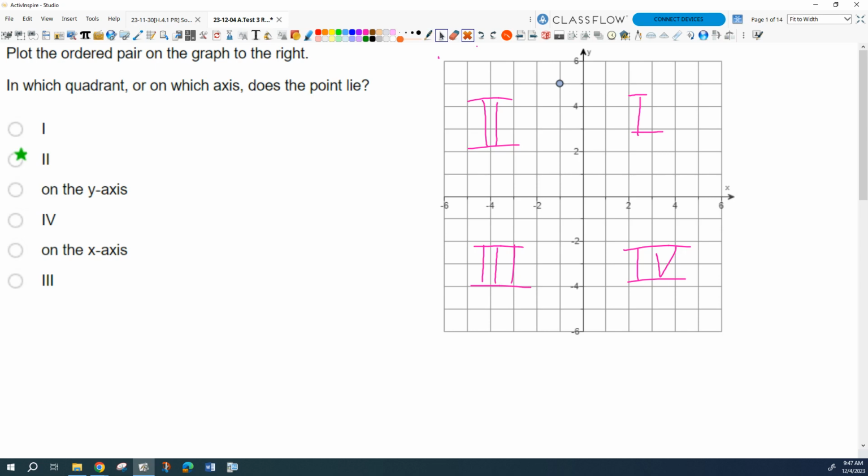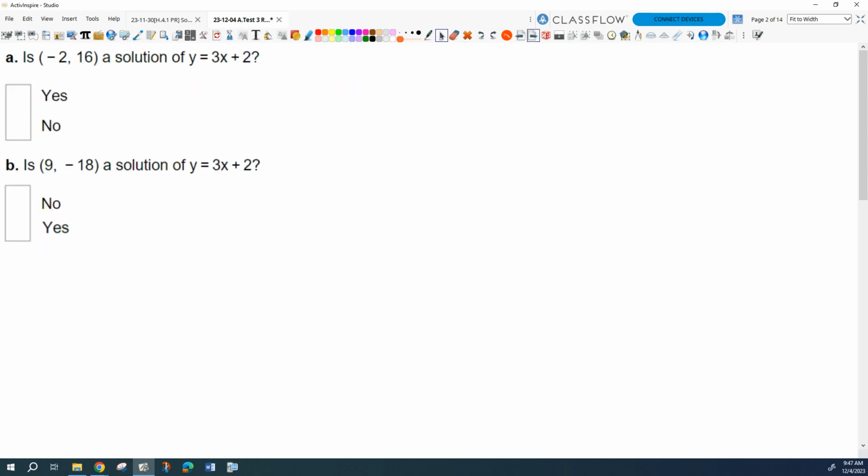Okay, next. How would we check this? Is -2, 16 or the ordered pair 9, -18 a solution of this equation? What do you do to check? Plug them in, right? No big deal. So we would just plug them in. We could use Desmos for this if you want to. You have Desmos Scientific the whole way through. There's another question coming up maybe where we'll pull Desmos up and actually use it, but we could very easily here too. So if I plug -2 in for x, does this work? Do I get